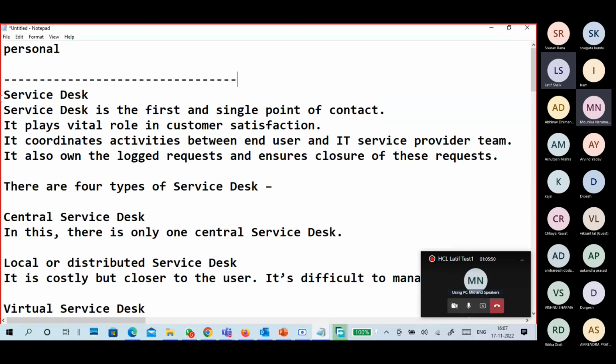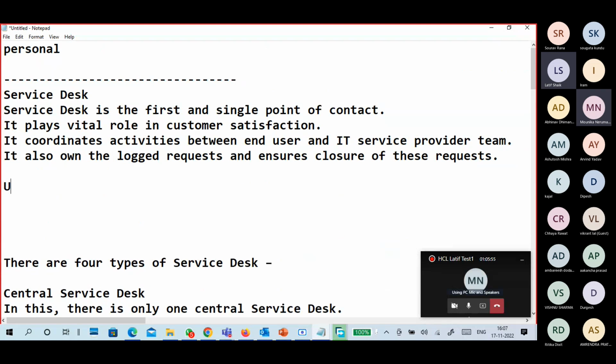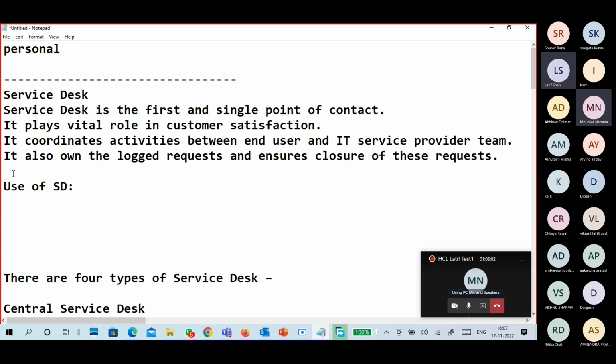What is service desk? Use of service desk: initial support, understanding customer issues, creation of a ticket, resolving customer related issues. Customer requirement, service requirement, then service request, change management.